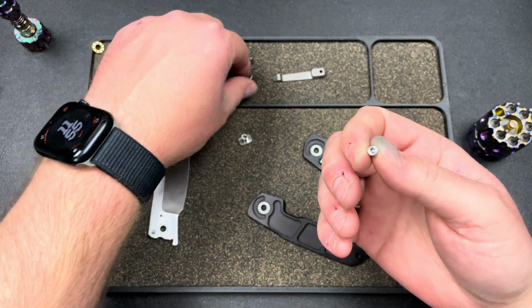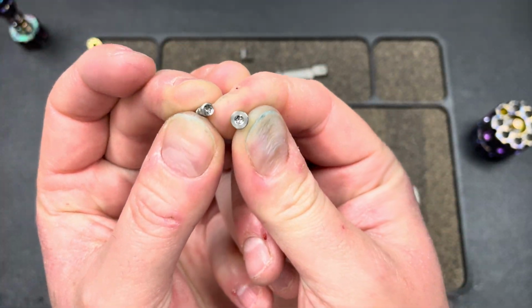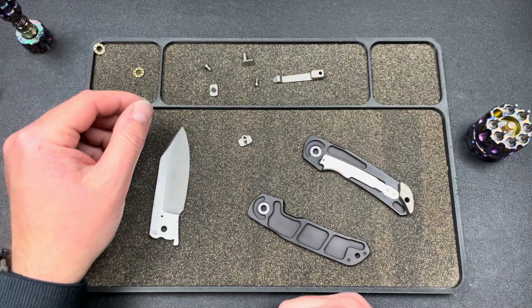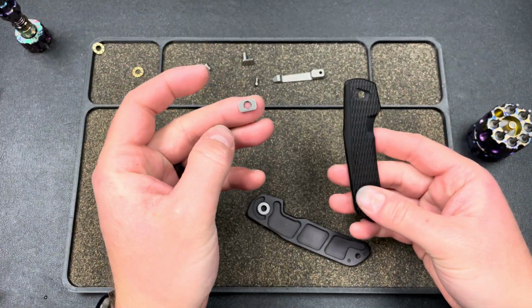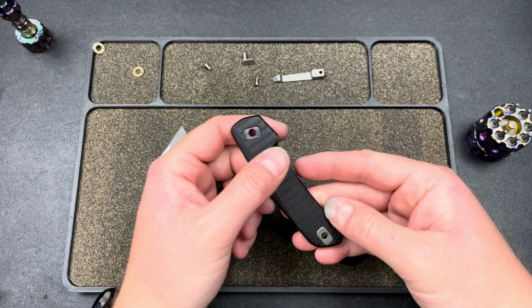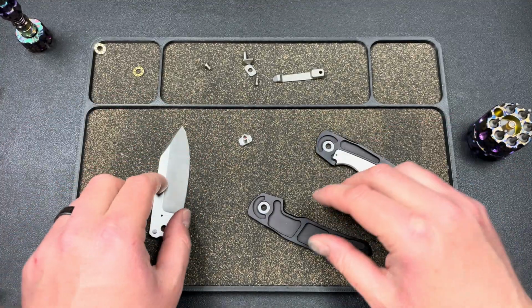So here's the pivot screw. It's got a little bit of a larger head diameter than the clip screw. That's how you could tell if you were taking one apart. But a lot of these parts would interchange. Like, I'm sure you could take this pivot filler tab and probably, yep, it would fit right in there. Not that it would screw in, but all right, I'll stop